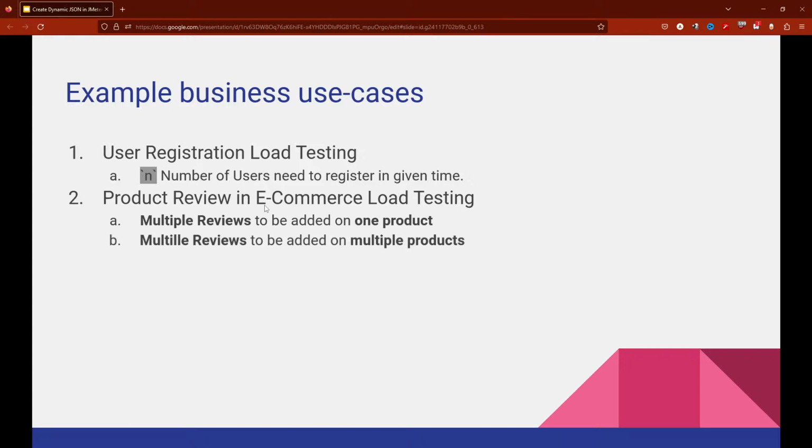Those kinds of scenarios, or even if you wanted to add multiple reviews or multiple products, maintaining files won't be that easy. You can just use Groovy to create the dynamic JSON payload, and that should suffice your need. Now that we talked about two simple business use cases where we can create a dynamic JSON payload using Groovy,